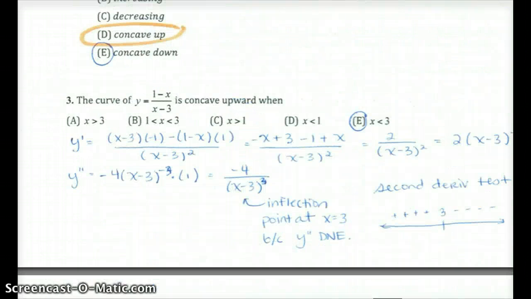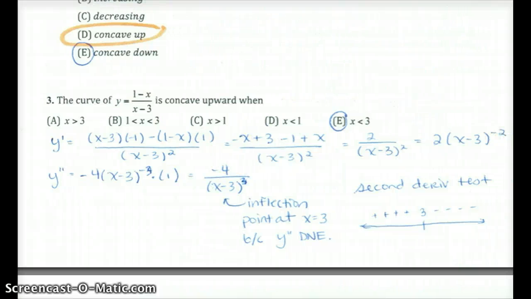Question 3. This was a pretty straightforward quotient rule question. Remember that you had to take two derivatives, which may have been the complicated part because concavity depends on the second derivative. So I used quotient rule, and then I simplified all my like terms, and then I rewrote this expression using a negative exponent because now this is a simple chain rule. I took the chain rule here to get the derivative, and then I looked at the second derivative,